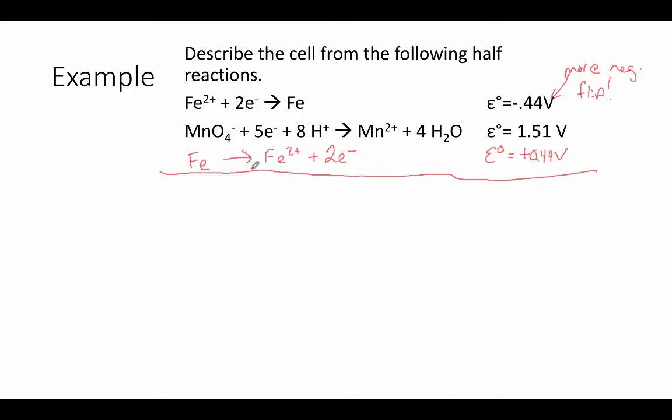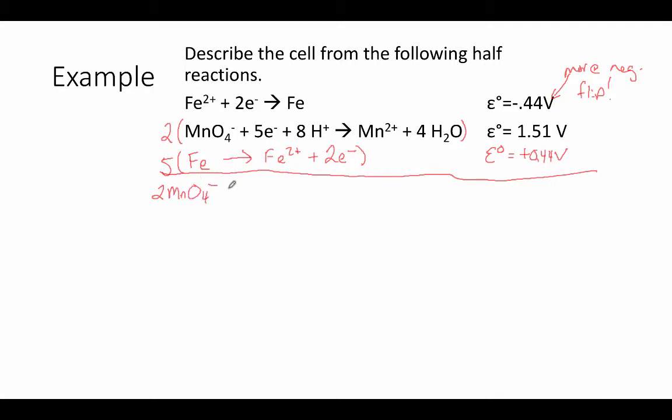And so to make them the same, we're going to multiply the permanganate ion reaction by 2, and we're going to multiply the iron reaction by 5 to get our least common multiple there of 10. And when we do that, we will get